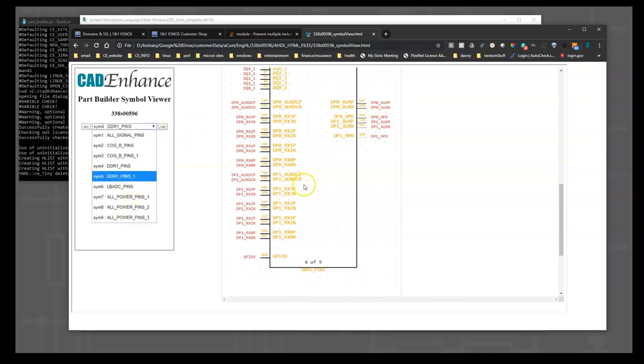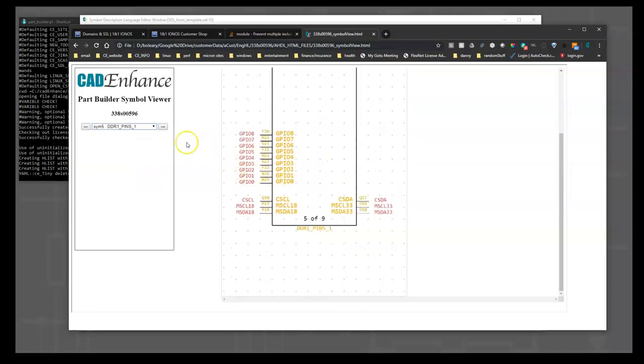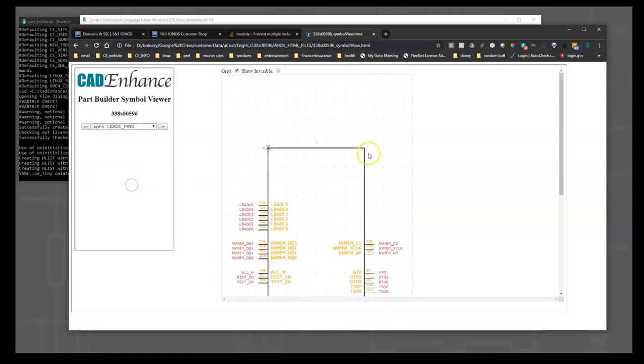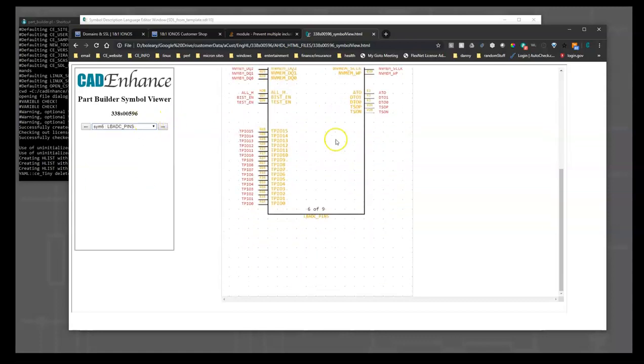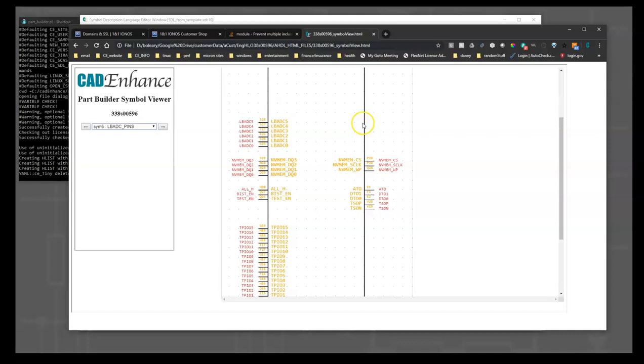So you can see it built symbols for us, but it overflowed some symbols. The DDR pins 1 overflowed. And then the LABDC pins. So it creates usable symbols for us, but they're not perfect. They're not the way we